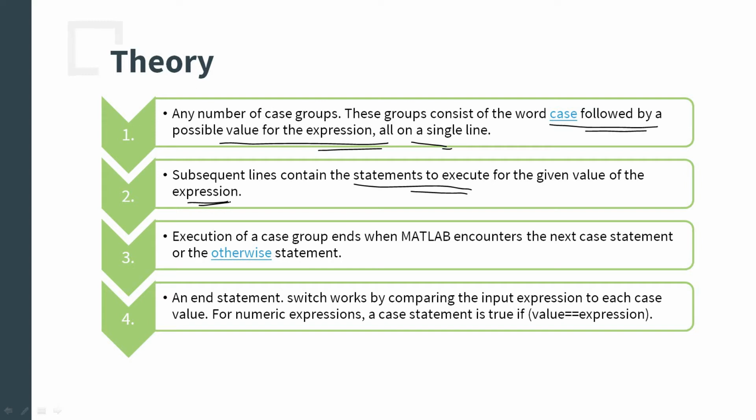Suppose you are performing certain operations: addition, multiplication, subtraction and division. So you want to perform only these 4 operations. Other than these operations, you want to specify that I cannot calculate the following expression. Then you use the command otherwise. After writing all these 4 switch case commands, you write otherwise and write a case that I cannot calculate this. We will see this in the program.